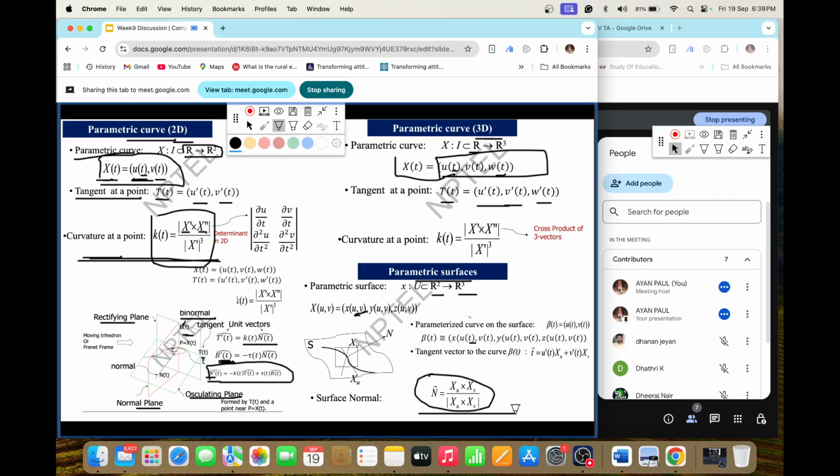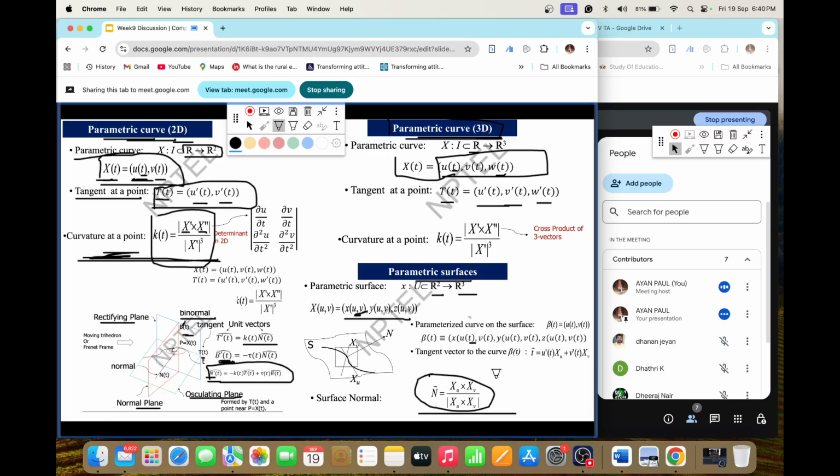So what you have to understand is that a parametric curve takes only one parameter, that is t, while a parametric surface takes two parameters. From this t we can write the 3 points, and from the two parameters u, v we can write x, y, and z. Then there are two very important things: one is the tangent to the curve, that is nothing but single differentiation, and then we have the curvature at a point. You have to understand that from the parametric curve.